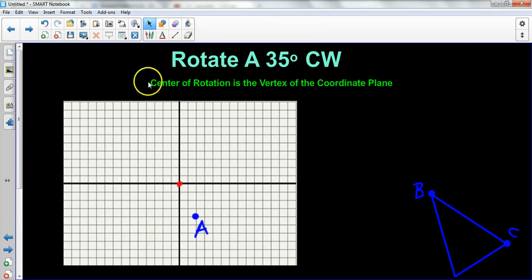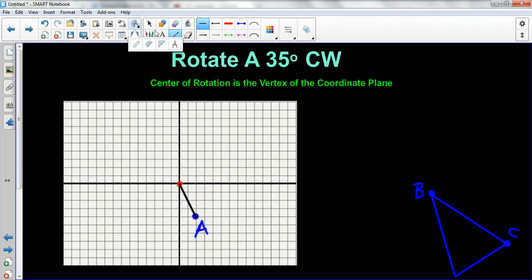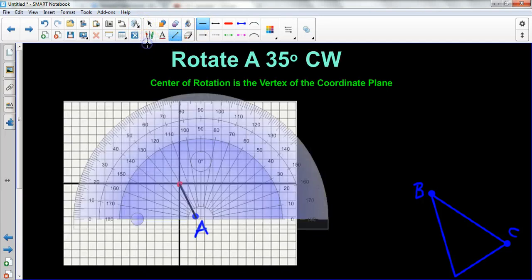Okay, there's my center of rotation. Let's go 35 degrees. So I want to visually see that distance here, so I'm going to use my segment tool. All right, now I want to rotate A 35 degrees, and that segment helps me as my starting side of an angle. So when I get my protractor out,